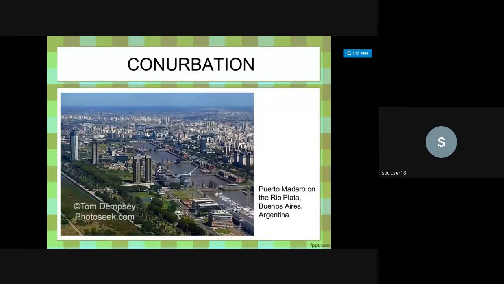Okay, you'll see Puerto Madero on the Rio de la Plata River and of course Buenos Aires. These are two different cities. Buenos Aires is a different city, and Puerto Madero seems to be a Spanish way of spelling, Spanish or Portuguese, I'm not very sure. Probably it's Spanish. Port. Okay, and Buenos Aires, of course, is the capital of Argentina. Both of them have merged to come up with a huge conurbation.